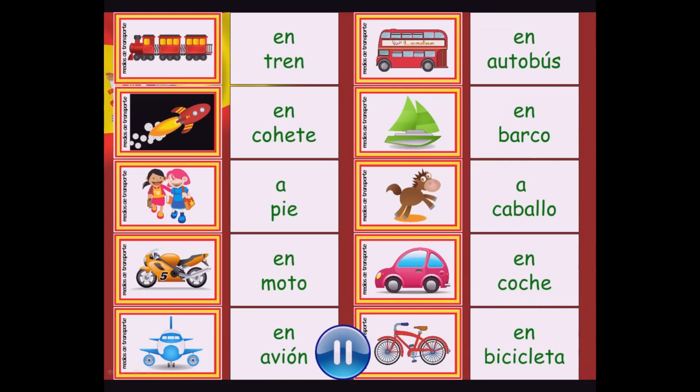So here's our 10 forms of transport again. What I would like you to do is to pause the video and then copy those 10 forms of transport onto your piece of paper, and you can either put the English in or you can draw the pictures. That's up to you, as long as you know what each of them means. So pause the video, make your list of the 10 transports to help you later on, and then press play when you're happy to start again.